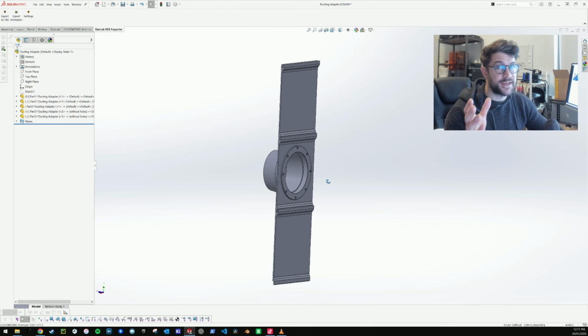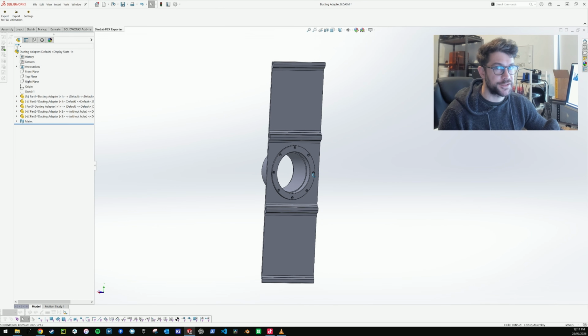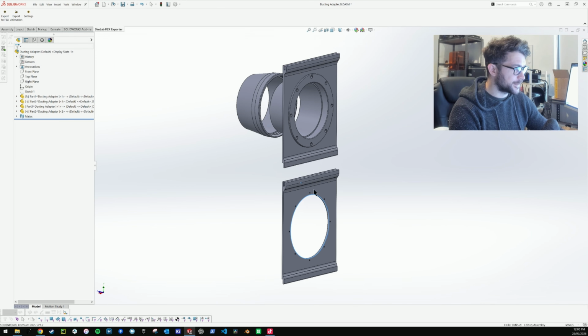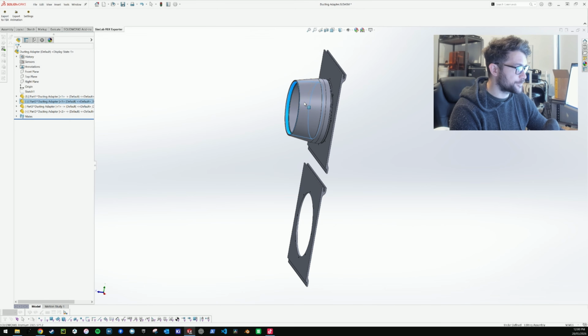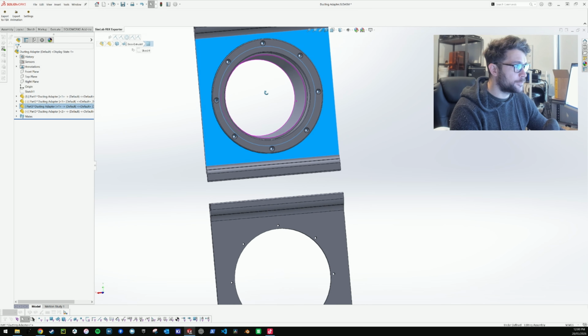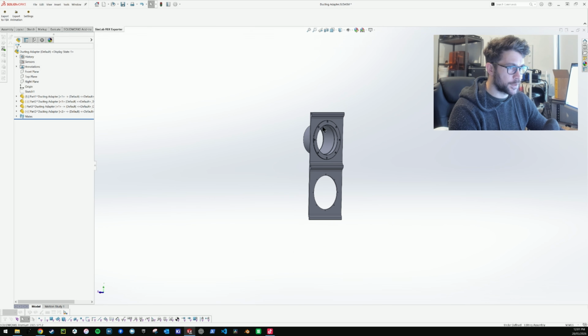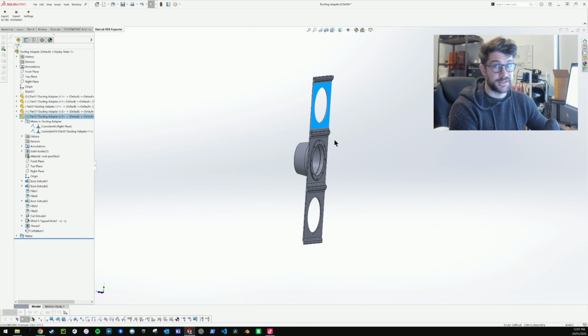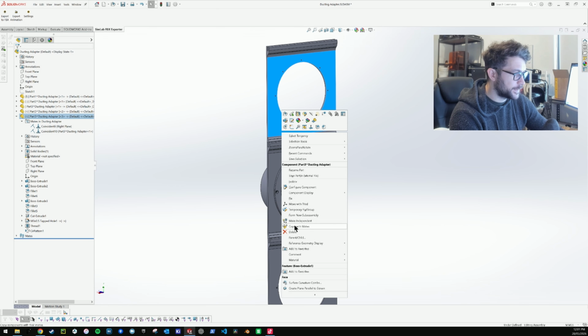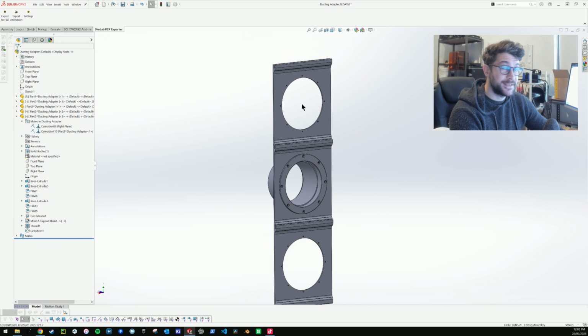Here is a prime example of when to use configurations in SolidWorks. I've got these slats here. The idea is some ducting goes through it, so it makes sense for this one to have a hole. But any subsequent ones that are going to go below and above, we just want those to be regular old slats, right? Now we could right click and say make independent, but if I did that and I decided